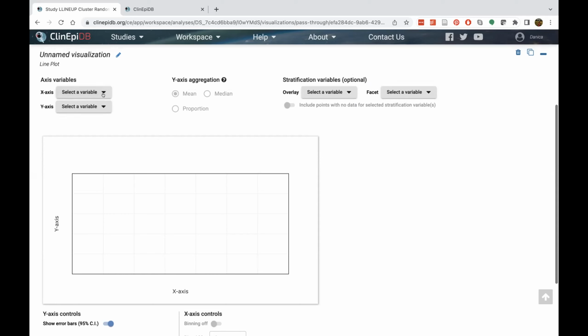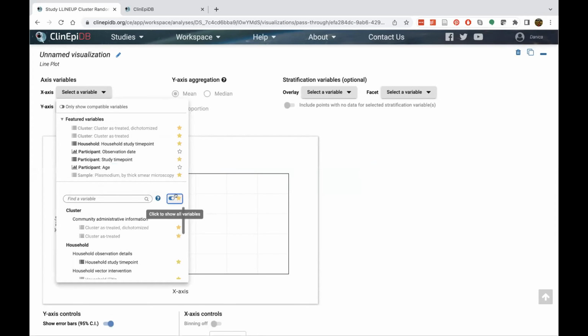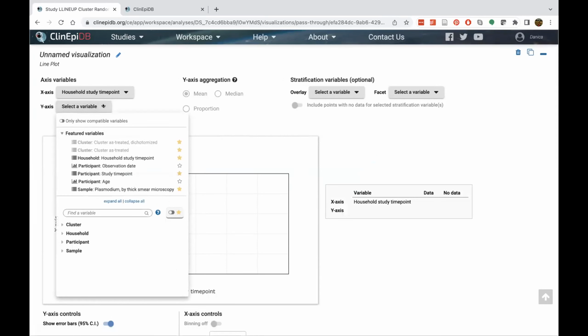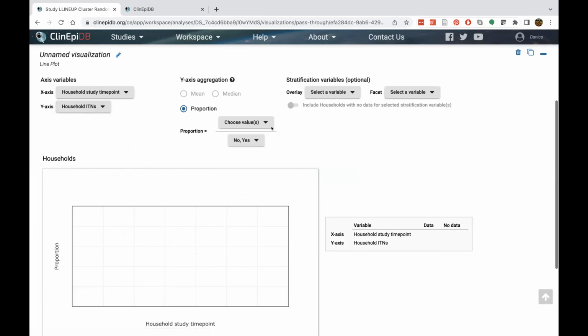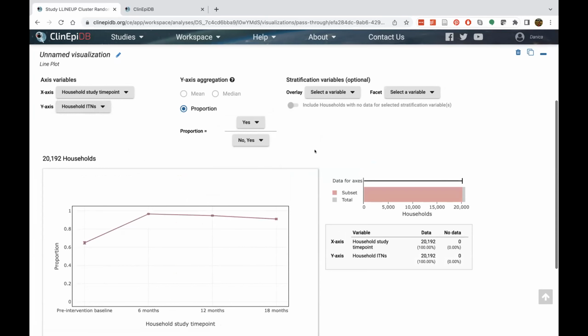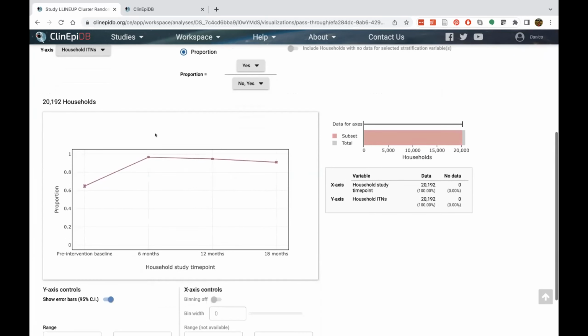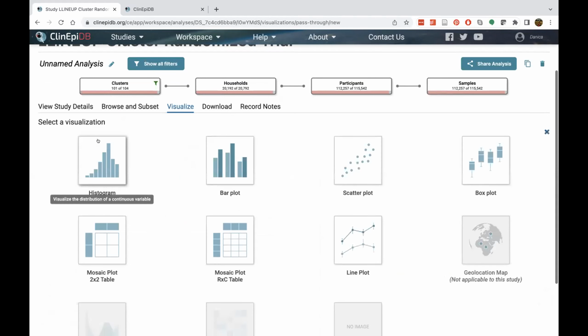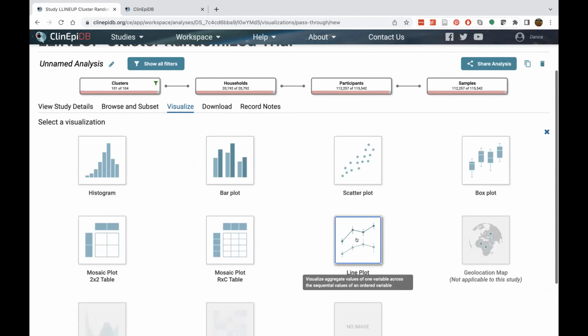You'll see that here I have drop downs to select my X and Y axes. For my X axis, I'm going to just look at my starred variables, and I'm going to select the household study time points. And I'm going to select household ITNs. Then it's asking me to configure my proportion, and I want those subjects that had bed nets. So you can see that we have pretty good coverage everywhere. And I see that David's sending me a note that I need to finish up soon. So I won't take you through the other uptake variables here, but I will take you to